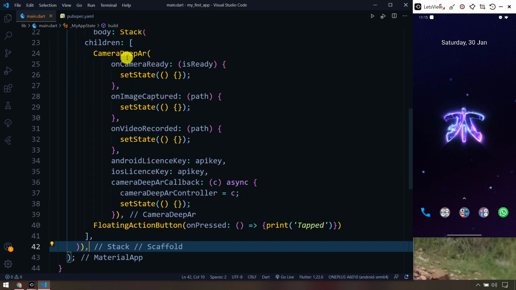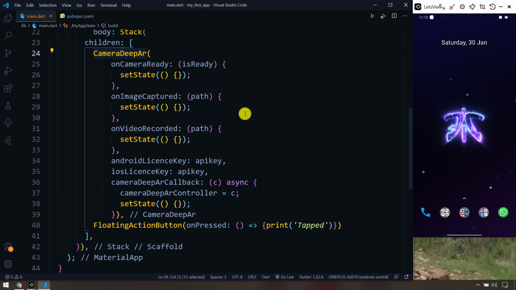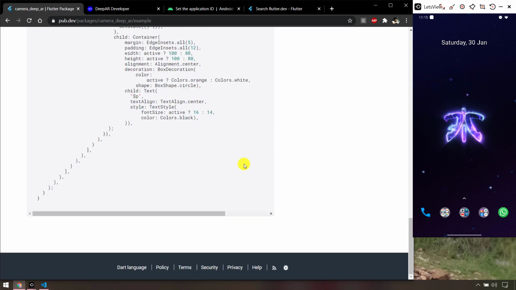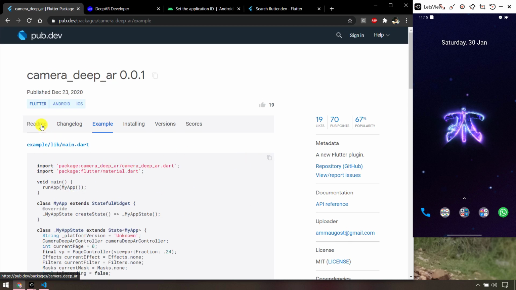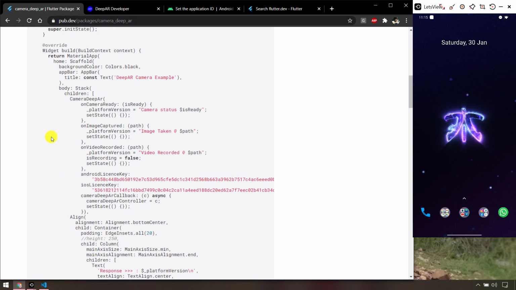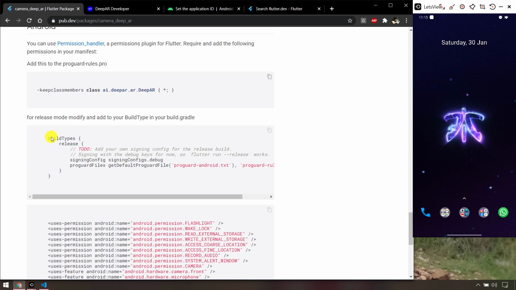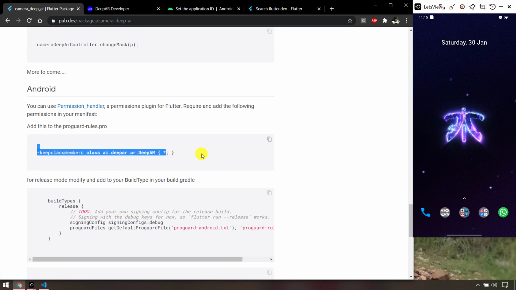But before running, this camera DPR needs some permissions, because we are going to access the camera from our Android, so we have to give the permissions. If I go down, on this documentation, in the readme file we can get all the permissions. So first, we have to create a file called proguard-android.txt. Let's create this within the